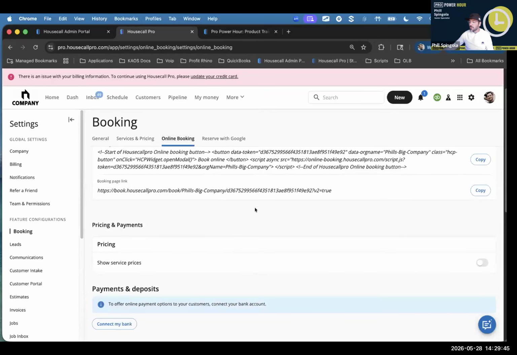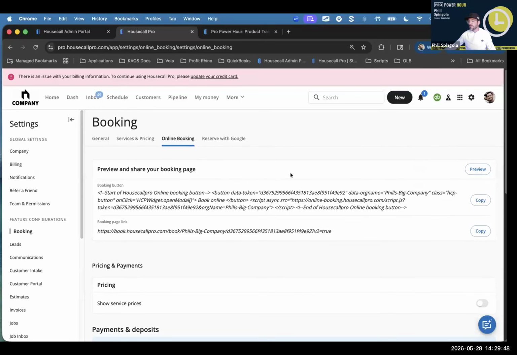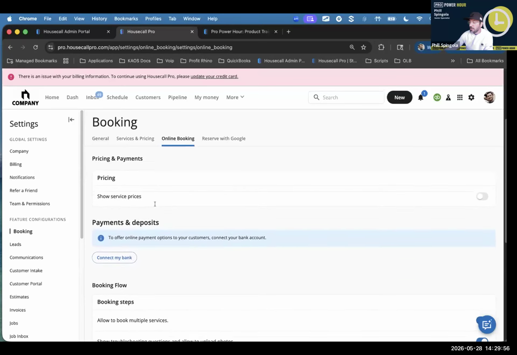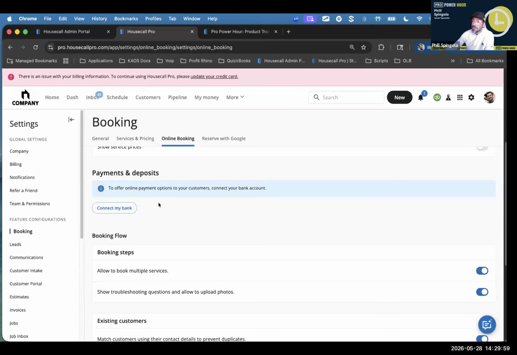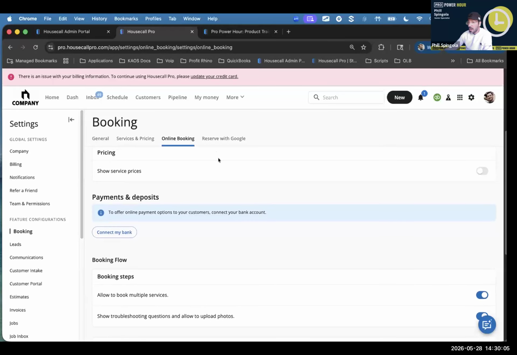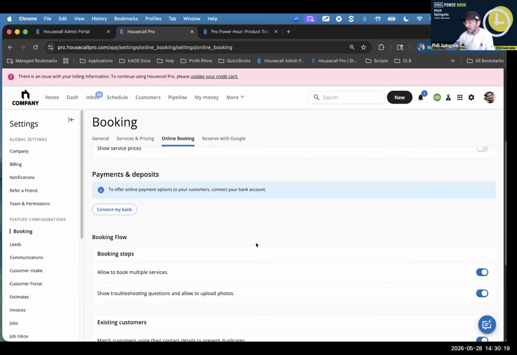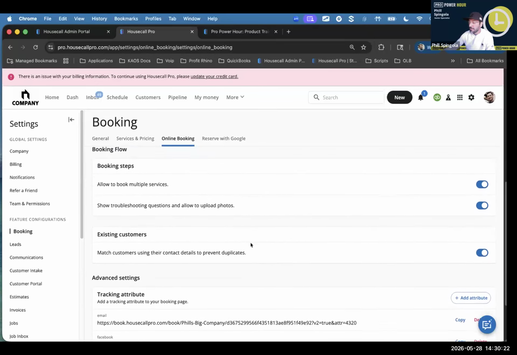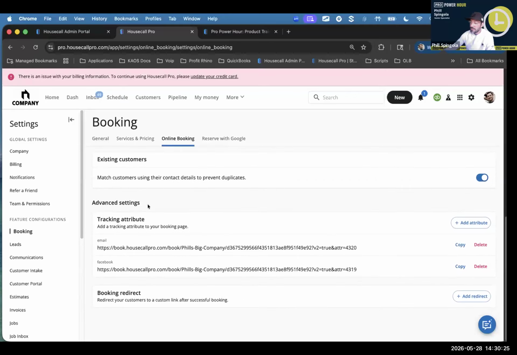Taking a step back, within the online booking settings, this is more stuff that goes towards your website, so I'm going to save that for the online booking session. But in here, you can also set up whether you want a payment or a deposit made when a customer goes through the online booking process. Do you want to show your pricing or not? I've had people ask me, why would you not want to? Some people find that more of that service is based on when they actually get out there and do the estimate, so they don't want to give a customer a straight up price at the front end. And then there's also setting up your booking flow options,